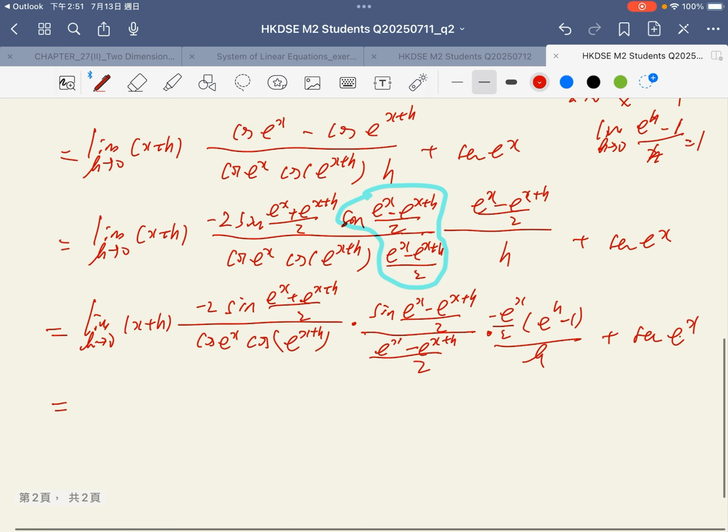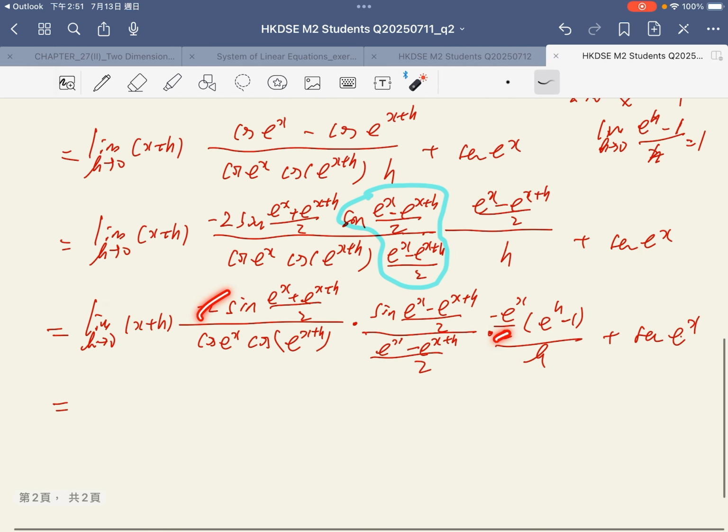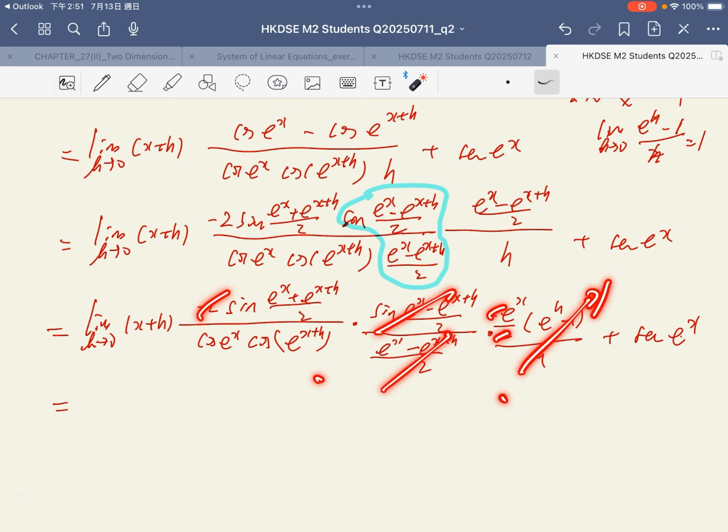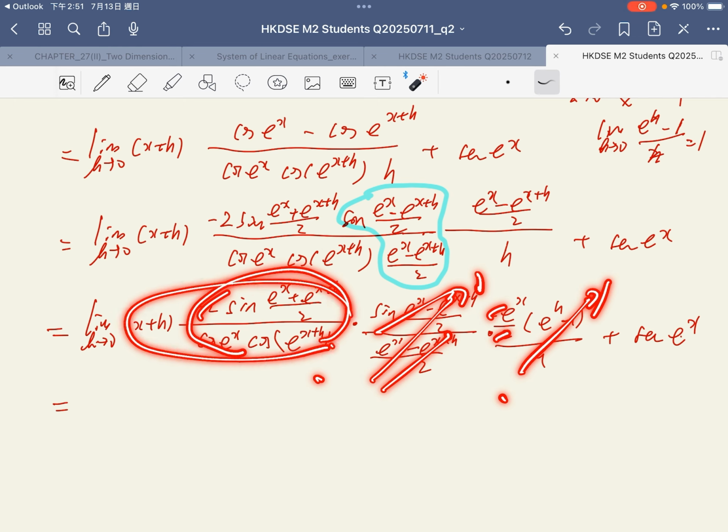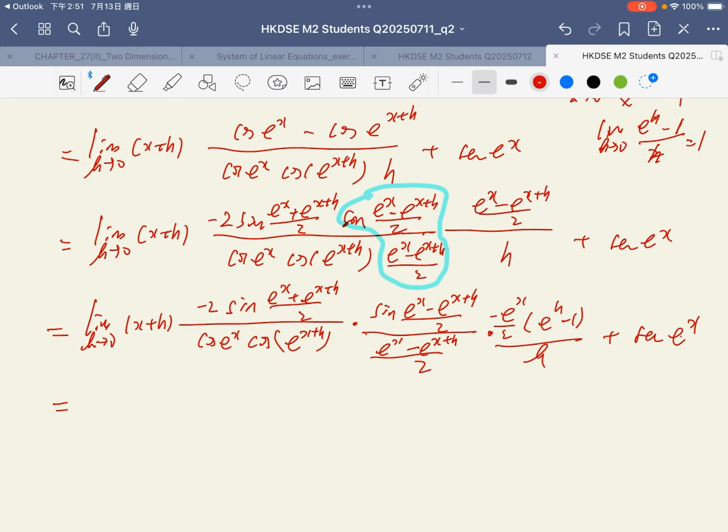Finally, I got the answer. Cancel these two, and this equals 1, this equals 1. Only these terms are here. Therefore, the final answer, take the limit is x